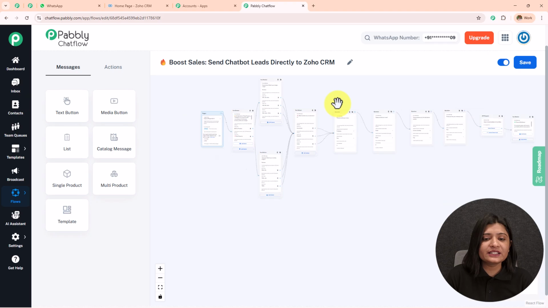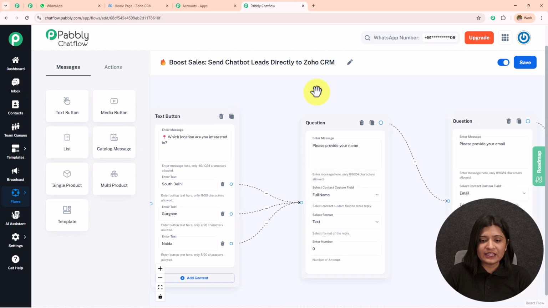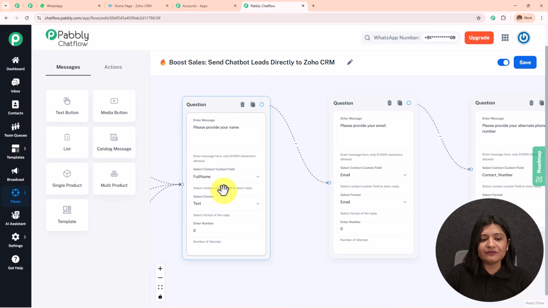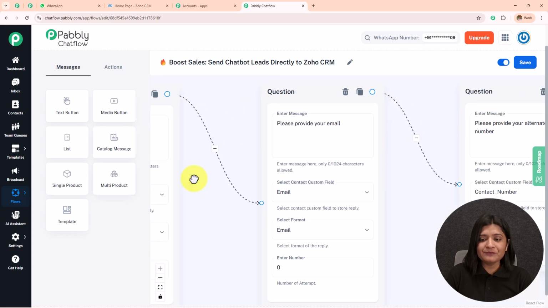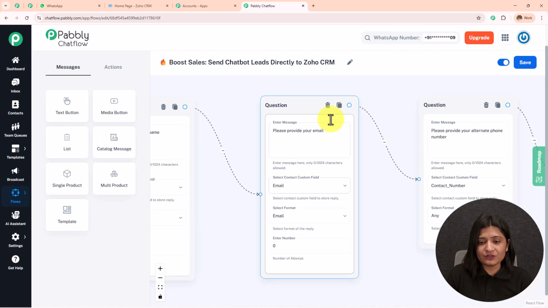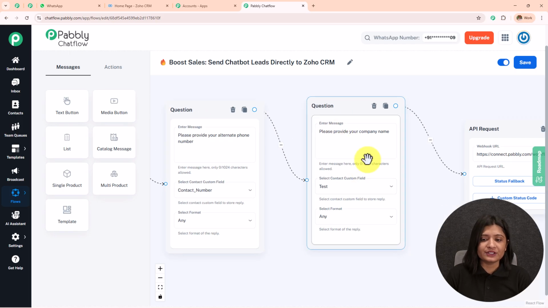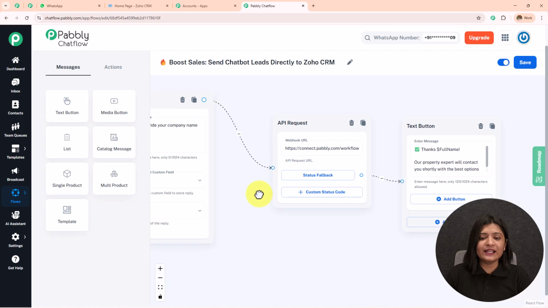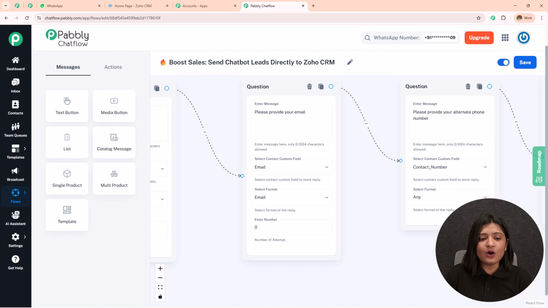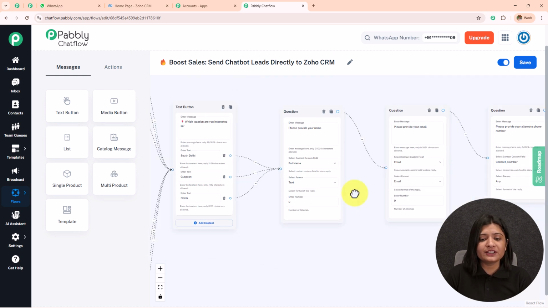So here I am done creating this WhatsApp chatbot. If I move further, you can see that we have created this question for the name. Then I have created this question for the email address, then for the phone number, and then for this company name. With the help of this API request, I have sent this data to my Zoho CRM and then sent the thank you message. So now we are going to learn how we are going to create this contact custom